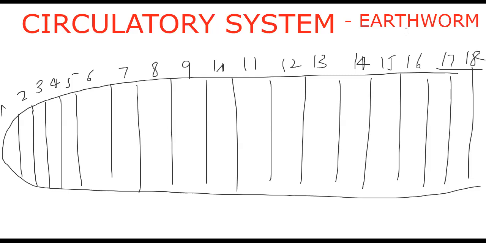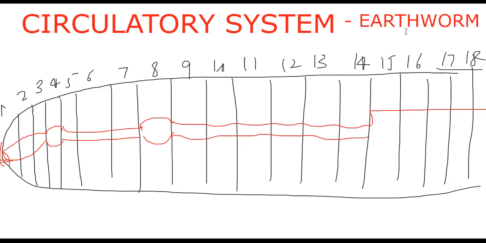Then, as usual, our elementary canal first. We know that in front of the mouth there is a prostomium. So 1, 2, 3, buccal cavity; 4, pharynx; 5, 6, 7, esophagus; 8, gizzard; 9 to 14, stomach; and 15, intestine. Okay, so that's it. Elementary canal we draw. Next, what next?